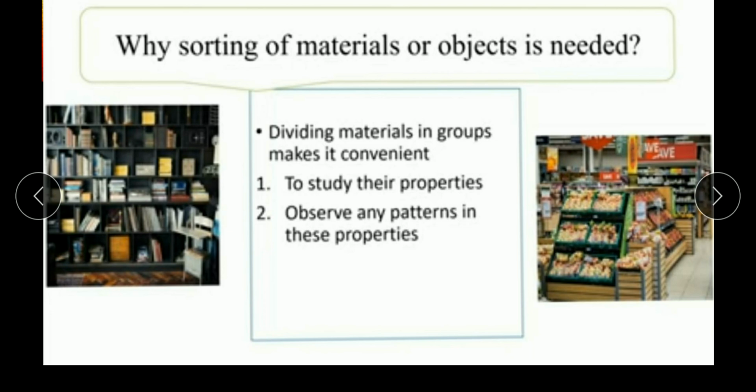Now, we come to the conclusion and we come to know that there are different types of materials, and materials are classified on the basis of their properties. Now we come to the conclusion of why sorting of materials or objects is needed. क्यों sorting of material or object की जरूरत पड़ी हमें? Because dividing materials into groups makes it convenient. अगर हम divide करते हैं तो हमारे लिए convenient होता है to study their properties and to observe any pattern